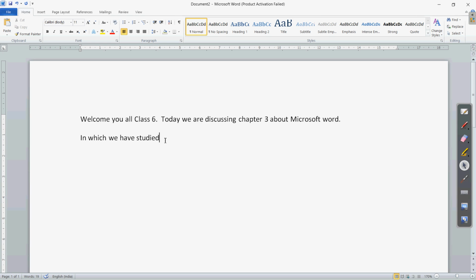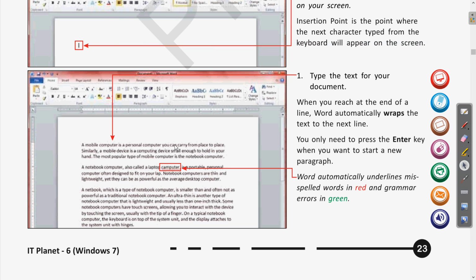We will see also how to start the grammar check and how to check it. After writing the document, if you want to check whether the document is grammatically correct, and if the spellings are correct, we can choose the grammar and spelling check options as well. There we will find more options to do. Right now we have seen that the spelling mistakes will be shown to you in red, and the grammar mistakes will be shown in green. So you can remember this, that spelling mistakes will be red and grammar mistakes will appear in green.